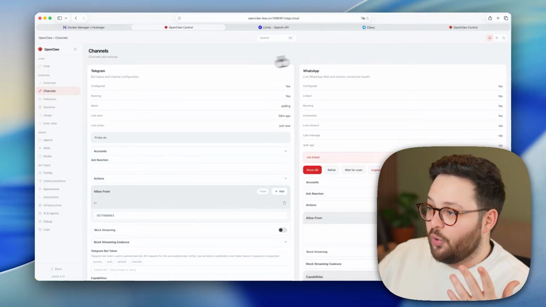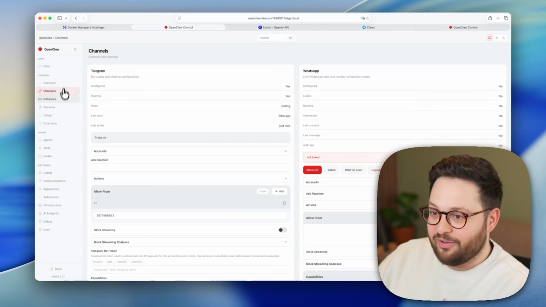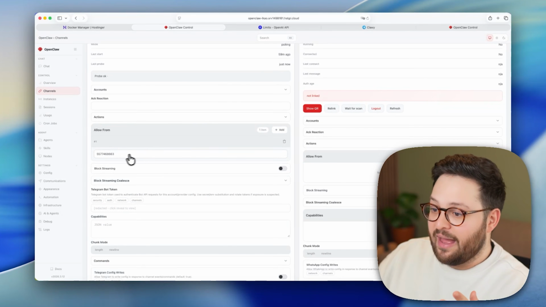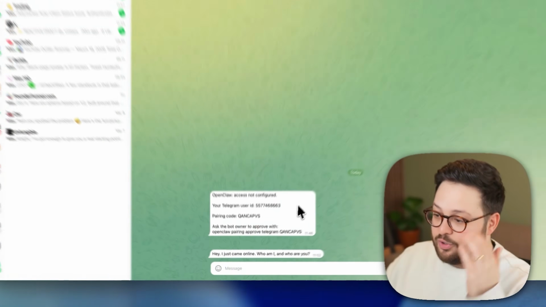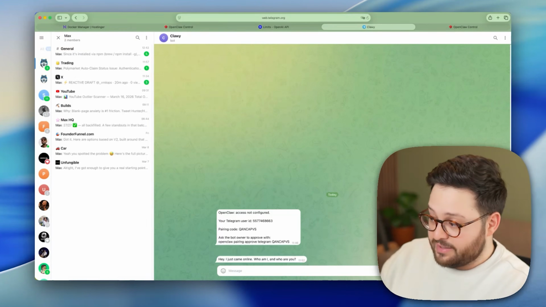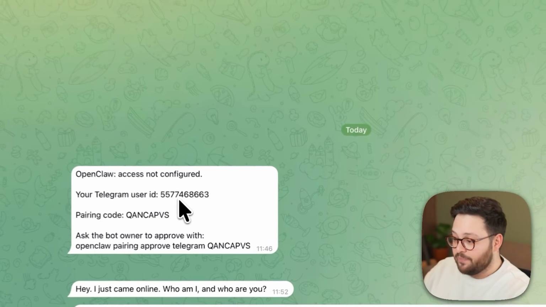And boom, it just opened the dashboard again. This is where we were with our first setup. With this, you'll want to go to channels and paste your pairing code. So if you go to your chat with your OpenClaw, click on start or send /start. You'll take your Telegram user ID,